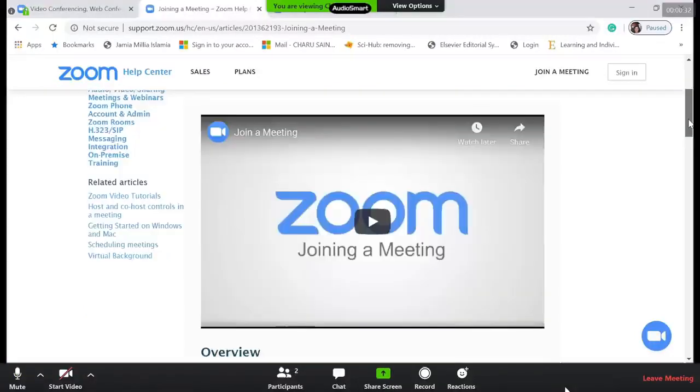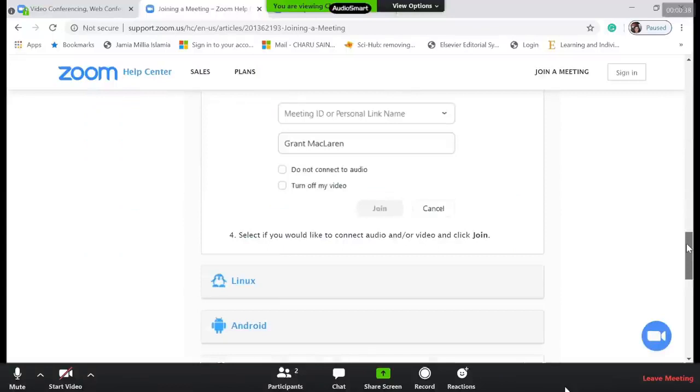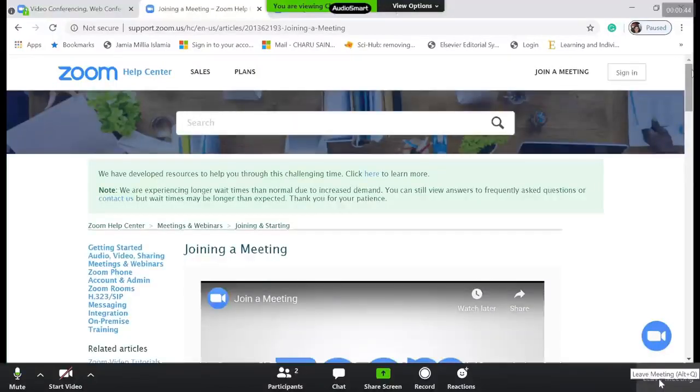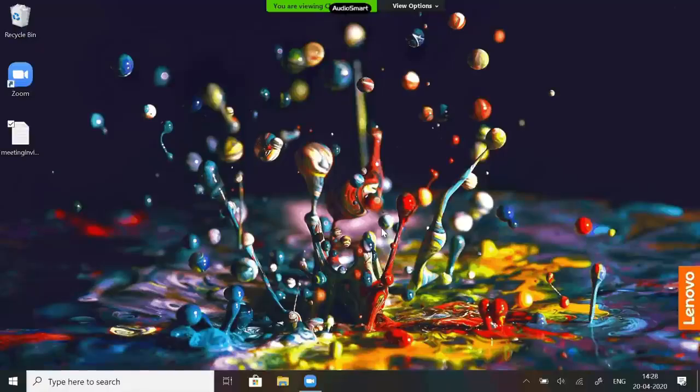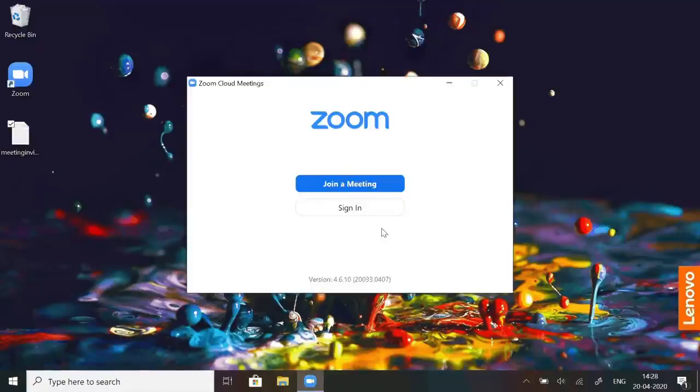Upon attending the meeting and as long as the meeting is running, when you want to leave the meeting, again click on the leave meeting button at the bottom right corner. Click on leave meeting and the meeting window is closed and the Zoom app window is displayed again. So we have seen how to join a meeting when you are signed in to the Zoom app or when you are not signed in to the Zoom app. To join a meeting, what is required is a meeting invite that includes the meeting URL, the meeting ID and the password, and optionally a teleconference number.